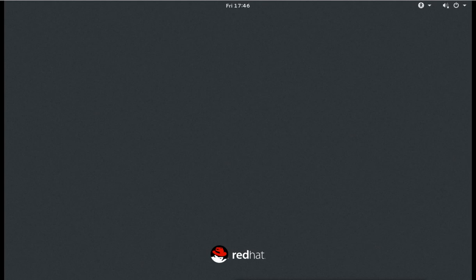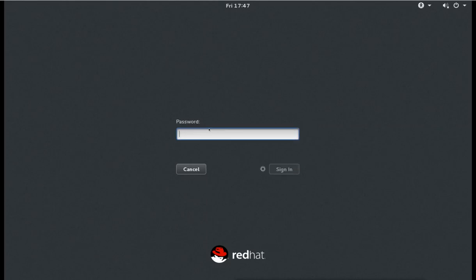Now I will show you the KDE. Now to start the machine with the KDE, I want to log in as a root. So I will first give the username, enter, and the password.